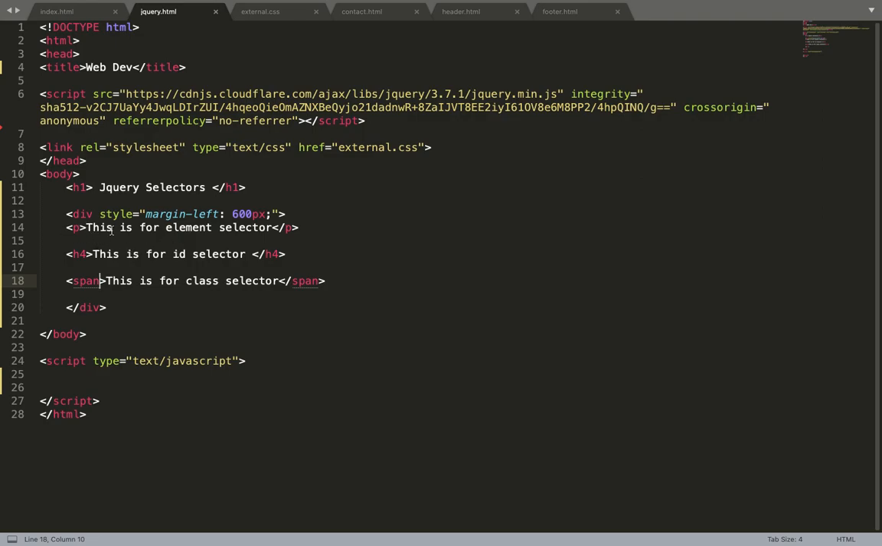Suppose I have three elements, paragraph, H4 and span. So using element, ID and class selector, I'm going to style these three elements. Let's do it now. Suppose I want to make this paragraph element text color as yellow, then using jQuery selector, I'm using the element selector. Element name is P here, paragraph. So I'm using the P and